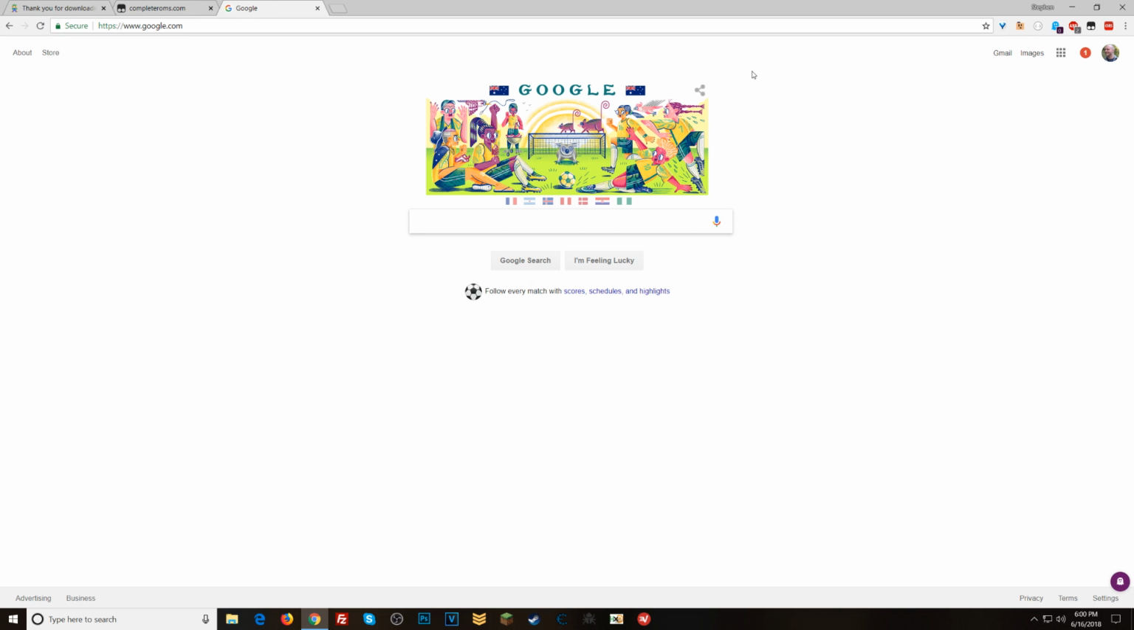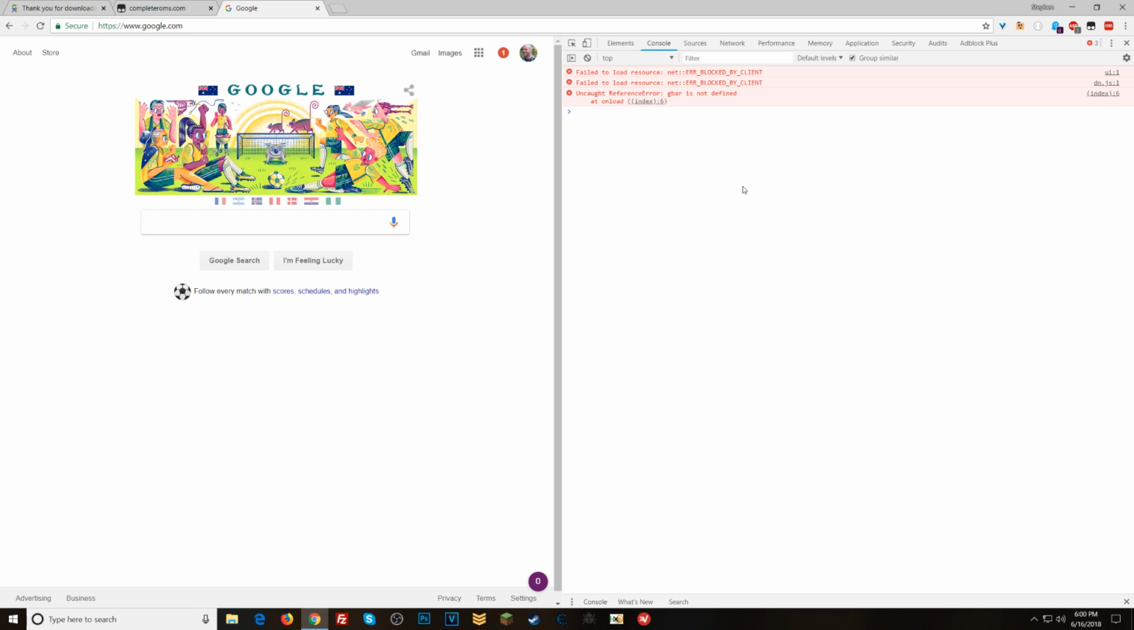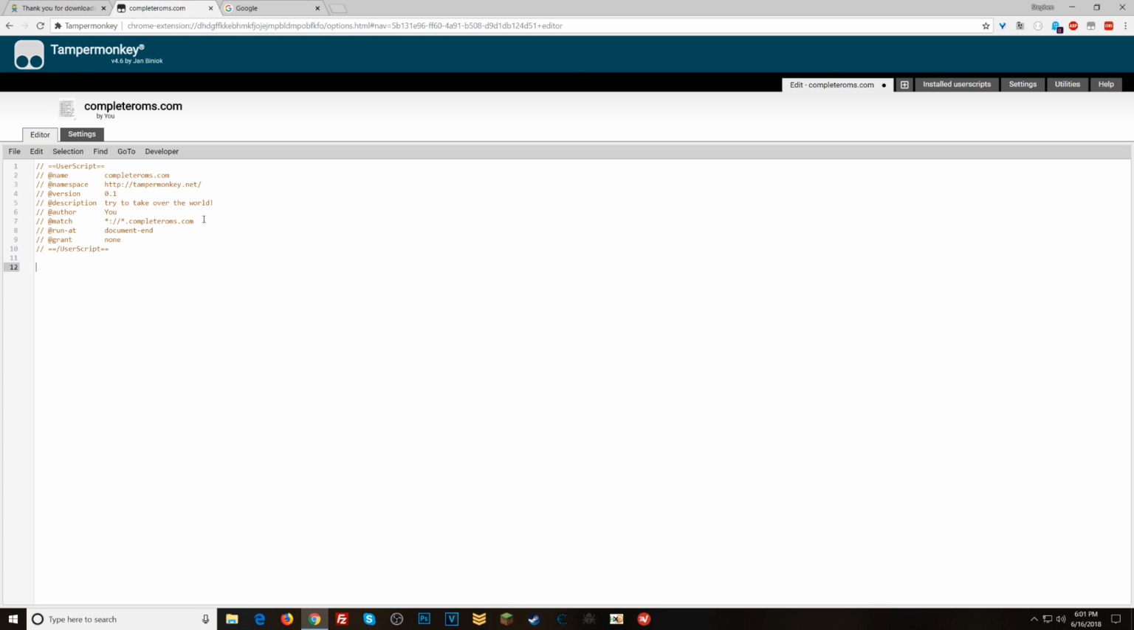Let's go to Google. I'll show you an example of a site that's not using jQuery. Let's start typing jQuery. We don't see it there on the list. Alright, and this is what you'll see: jQuery is not defined. So there's a couple of ways that you can go about making sure that if you wanted to use jQuery on a page where it doesn't have it, then you can either make sure that Tampermonkey knows to require